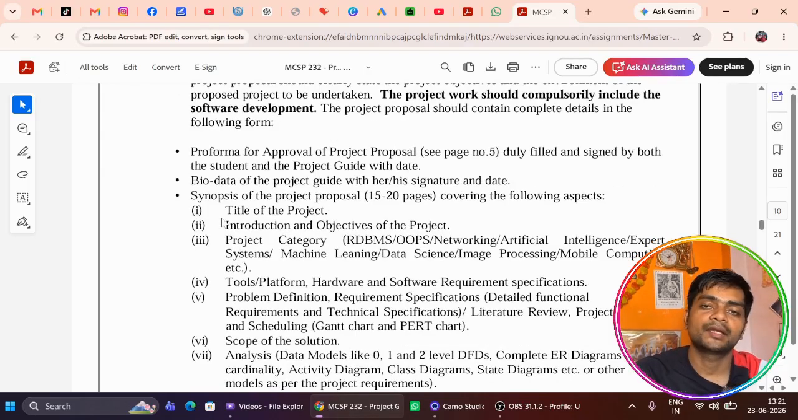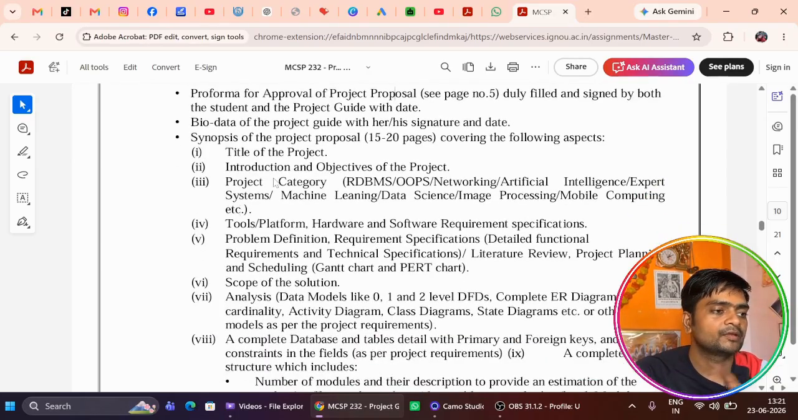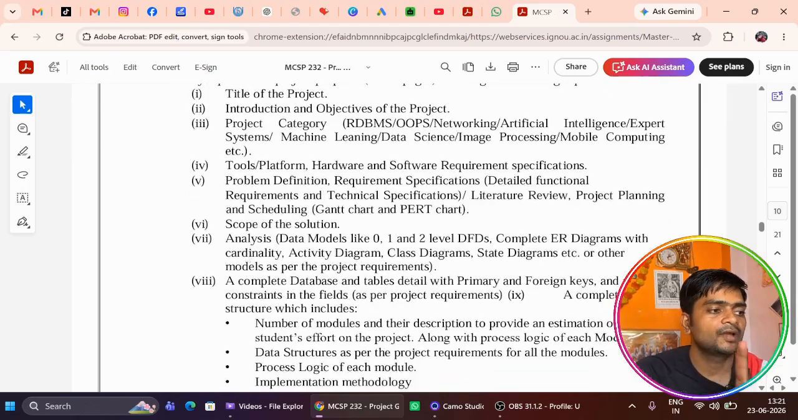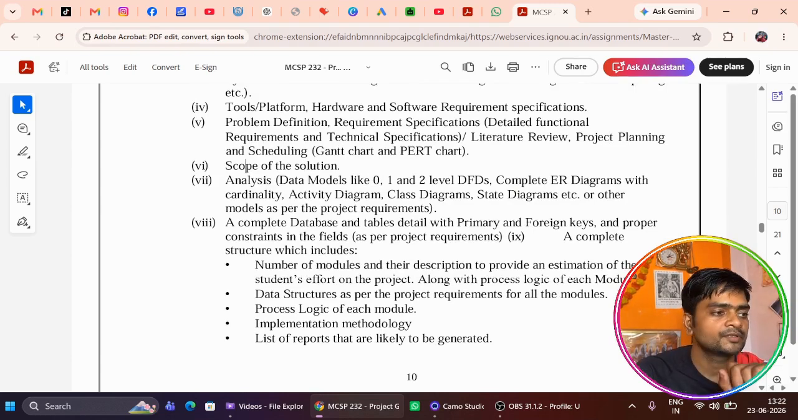Okay, and what are the contents of the synopsis? It is mentioned here. First you have to write the title of the project, then the introduction and objectives, then tools, platform, hardware and software requirements, specifications, then the problem definition, requirement specifications and all. You also have to write the literature review and project planning and scheduling. Then you have to write the scope of the solution, then analysis. Sorry, this is the project proposal, so you just have to write what methods you are using to analyze the data. Okay,